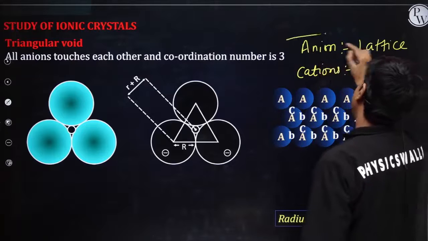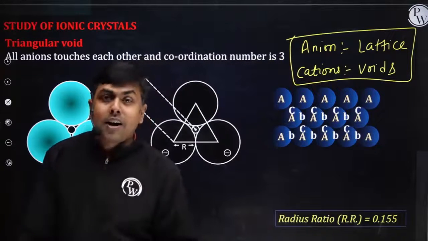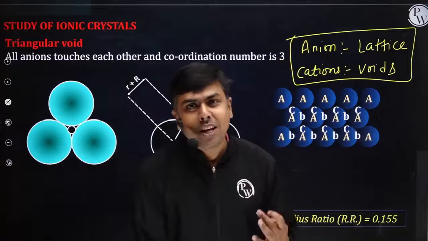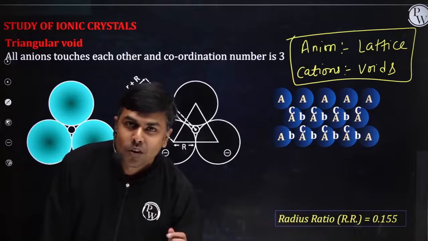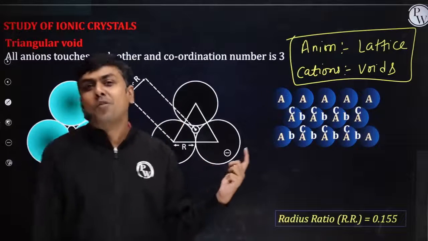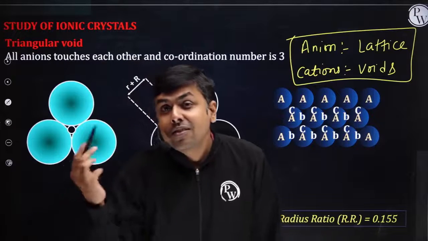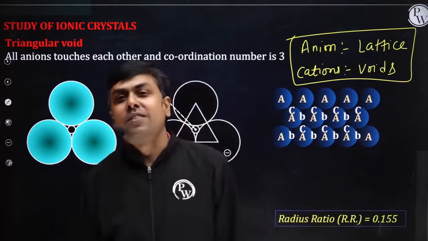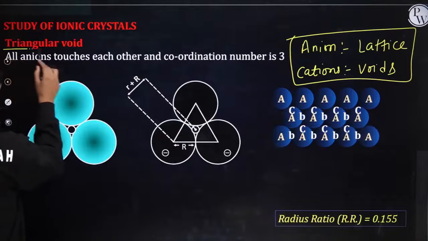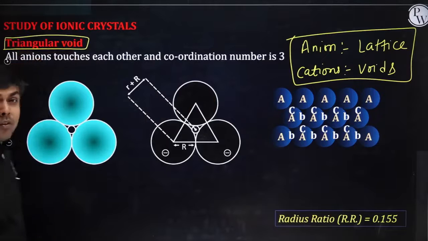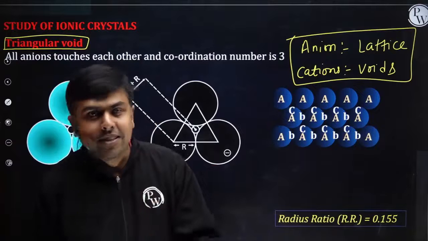Now we have different types of voids, right? Triangular voids, tetrahedral voids, octahedral voids, cubical voids. So now we have to calculate the size of cations which should be placed in these types of voids. Or basically from here we can also comment on the size of the voids. Okay. Let's first of all focus on the triangular void. How do we get a triangular void? 3 atoms are placed in such a way that they touch each other.